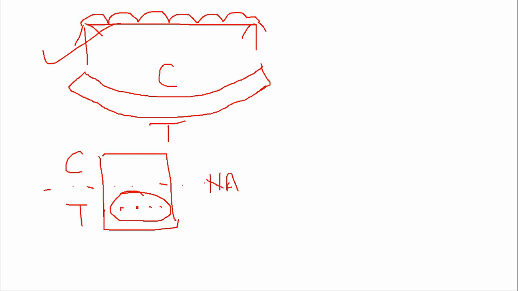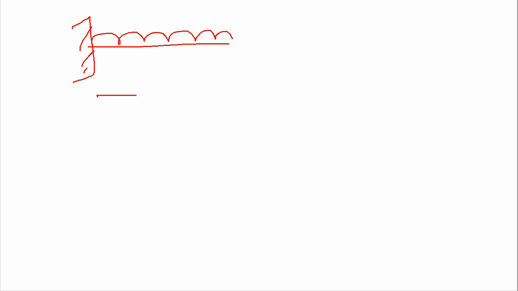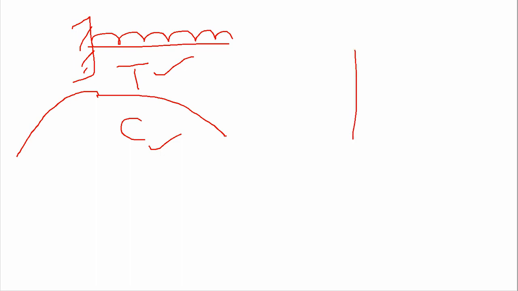Here, as it is a typical example, we are asked to draw a sketch for a cantilever beam. Now for a cantilever beam carrying a UDL, the bending will be in the form of hogging. That means the tension zone will be on the top surface and the compression zone will be on the bottom surface. As it is of hogging nature, tension will be on the top surface and compression on the bottom surface. So our diagram will be completely reversed. That means this is our neutral axis, this will be our tension zone, and this will be our compression zone.